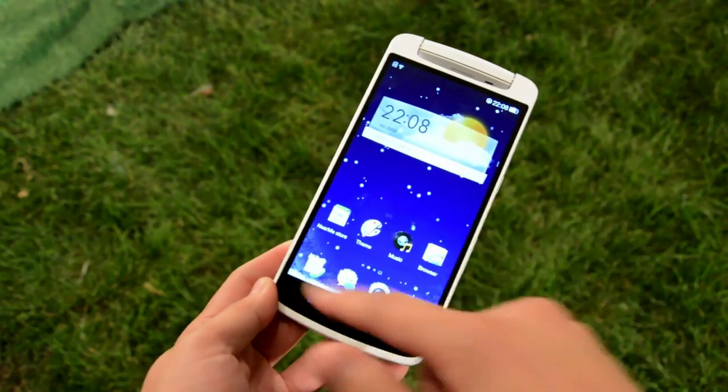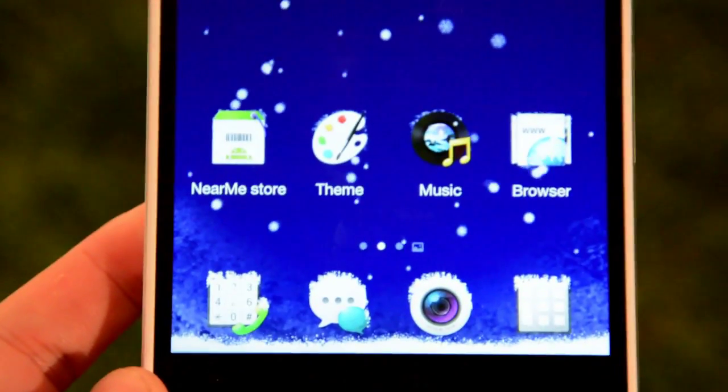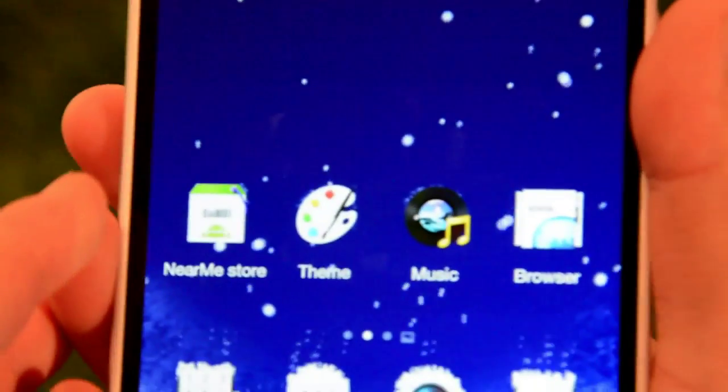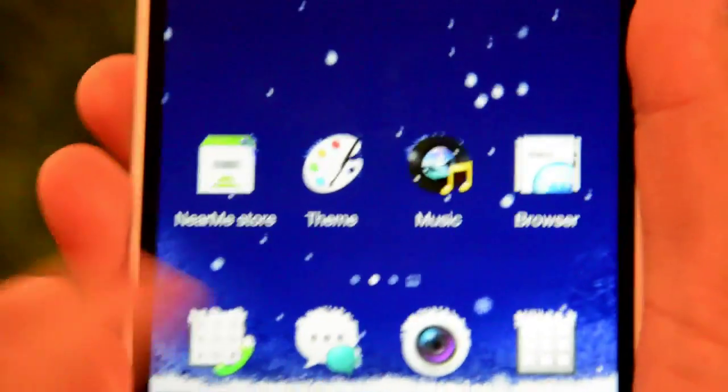You can see that with this weather theme, you can actually start to see snow gathering on top of the icons. And what you can do is give a little shake, and the snow comes off. Pretty cool, eh? Again, you can check out all the rest of the features in our